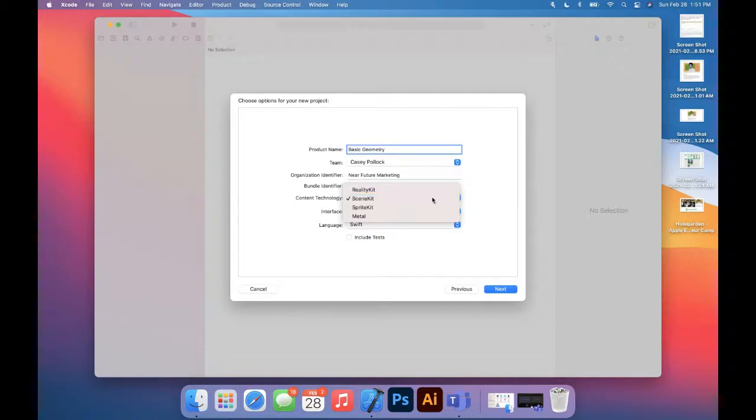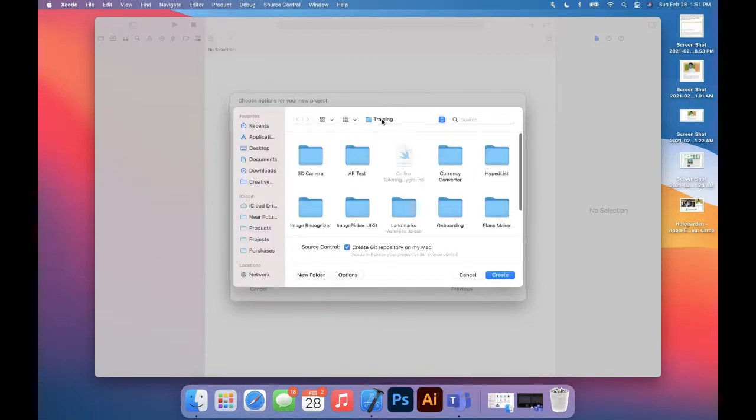Scene Kit is the actual game engine that's built by Apple for Apple devices. So, this is built to play normal 3D games, and that's what ARKit is actually built on top of. So this is what we'll be using to render our 3D content, and that's really all you need to know. For interface, we'll obviously have it on storyboard, and for language, we'll use Swift, which is Apple's programming language. So we'll tap next,